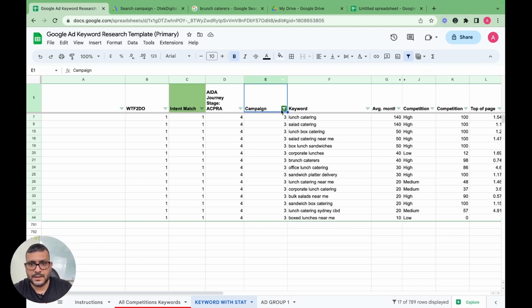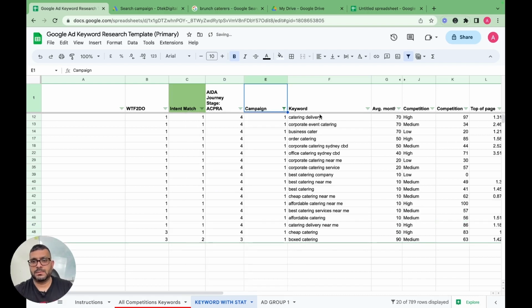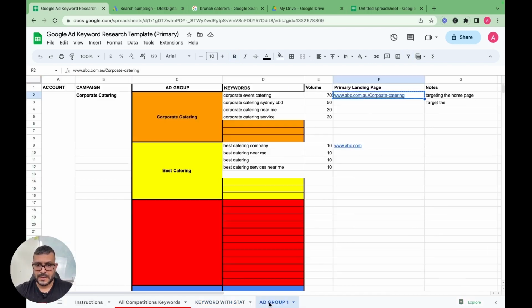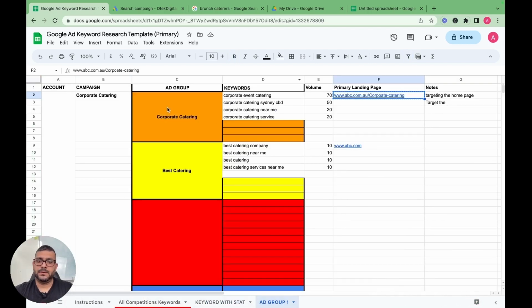The next step is, let's say we're going to publish this one. We're going to sort out these keywords. These keywords are for one campaign, but we need to group them in their respective ad groups. I have already done the keywords here. So let's say we want to target corporate catering. All the corporate catering keywords from here, we pick up and put them in one particular